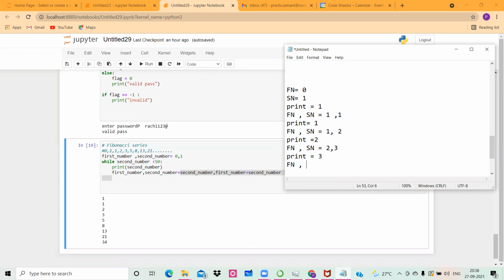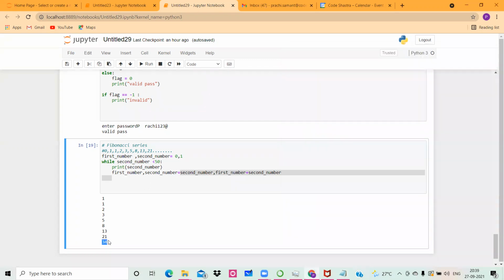And आपका first number and second number remodify हो जाएगा. कैसे remodify होंगे? So current second number का value first number को जाएगा. That means your first number will become equal to 3 and your second number will be addition of previous 2 numbers, that is 2 plus 3, that is equal to 5. So जो next print होगा वो 5 होगा. This is basically that series would go on. You have said that unless and until the second number is less than 50, ये series चलते रहेगा.